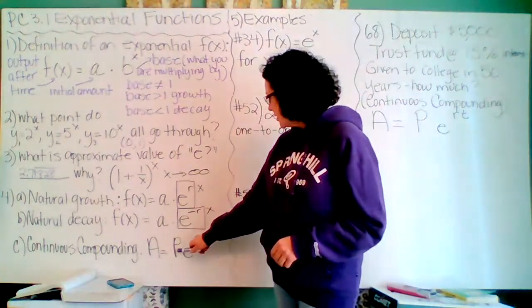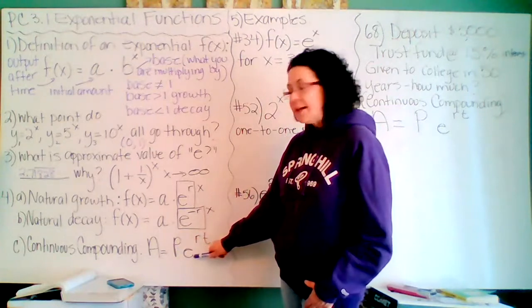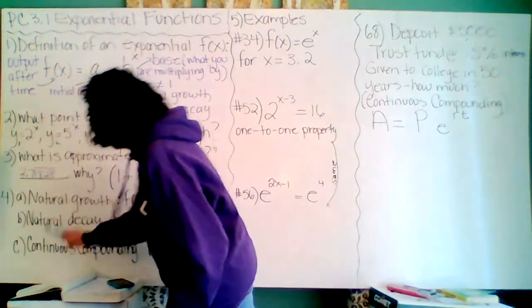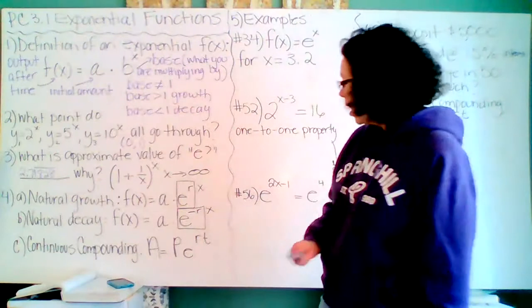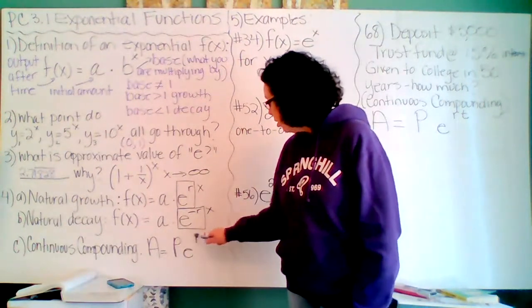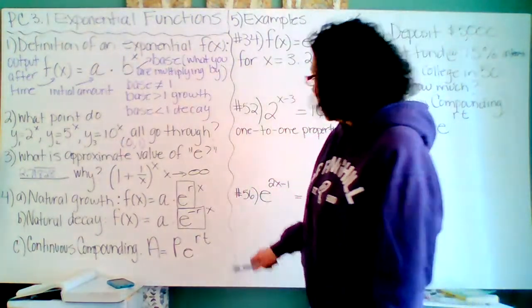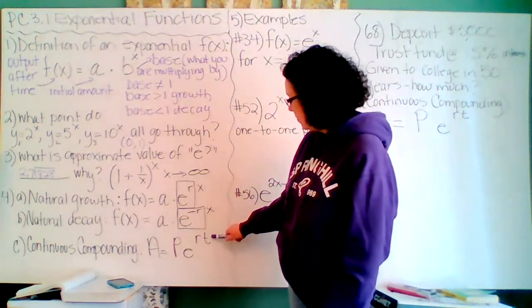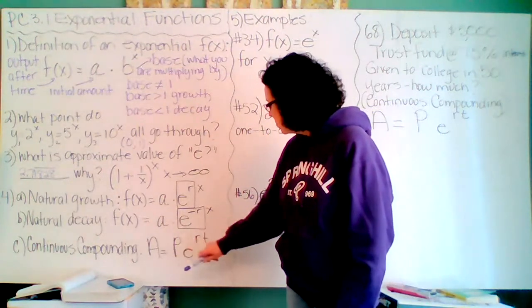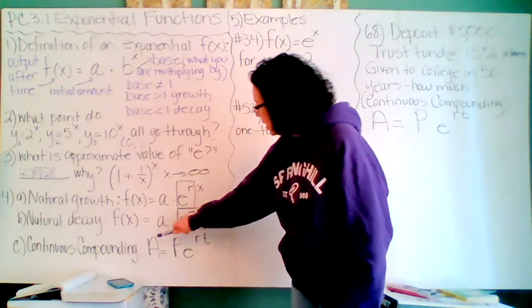So principal is the amount you deposit or borrow. Base of e means continuous compounding, like natural growth. R is your rate that you are paying or being paid in interest as a decimal. And T is the time going by. So when you deposit so much money and it continuously compounds at a certain rate over time, you get an